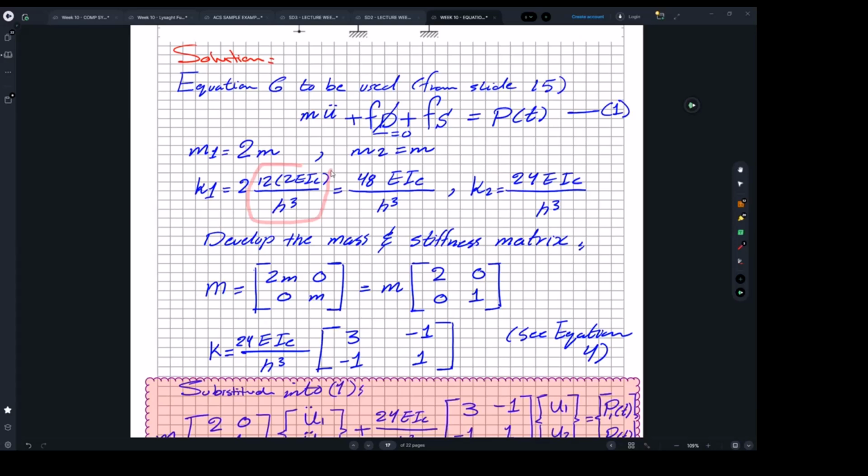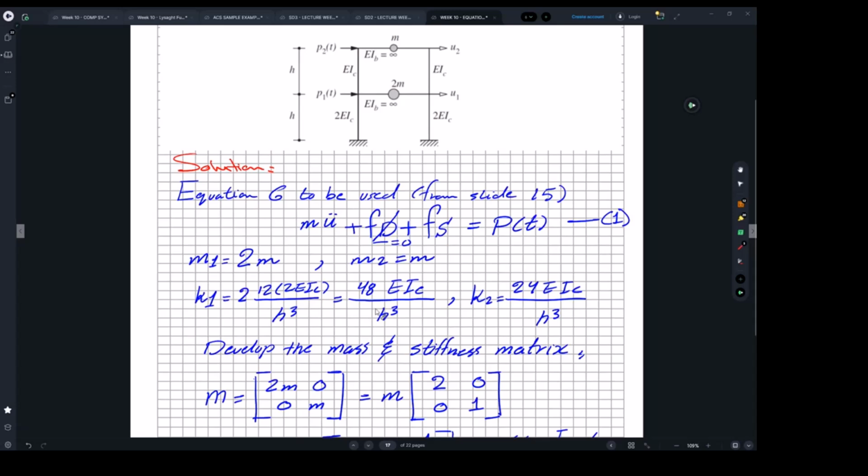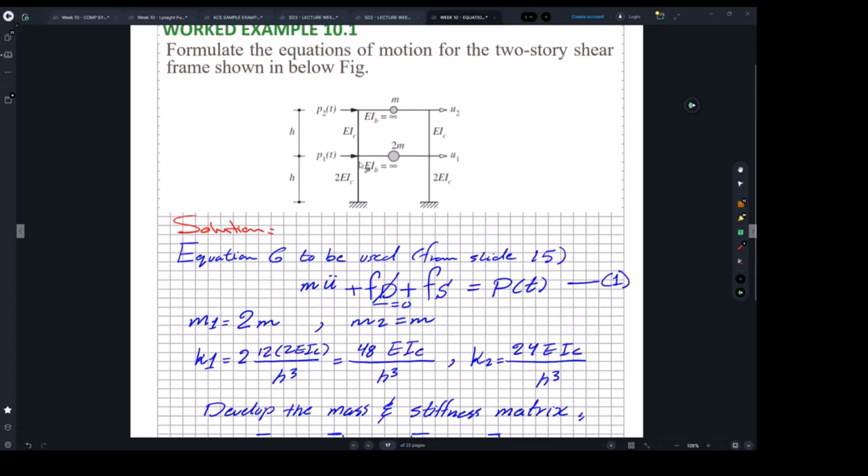But as I mentioned to you, typically we don't let students assume that. We will provide this formula in the question to find the stiffness for one floor. But you need to work out, because here we say Q is 2 times bigger, and because we have 2 columns, we're going to have it as